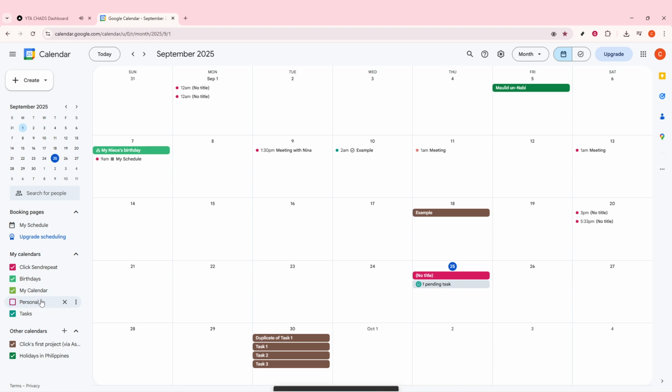It's that simple. With your new calendar created, it will automatically appear under the My Calendars section on the left-hand side. This makes it easy to manage and access alongside your existing calendars. And there you have it, a brand